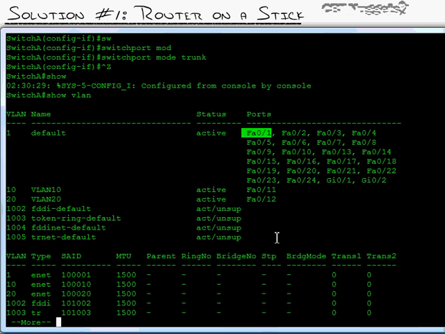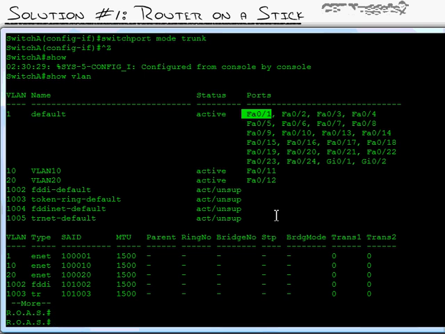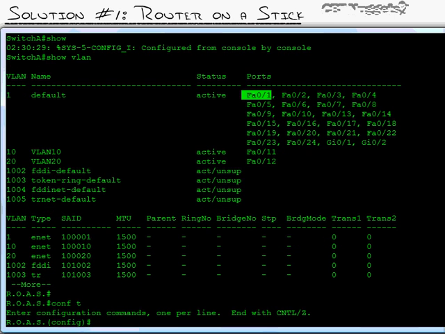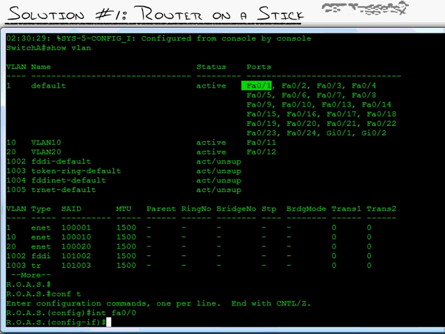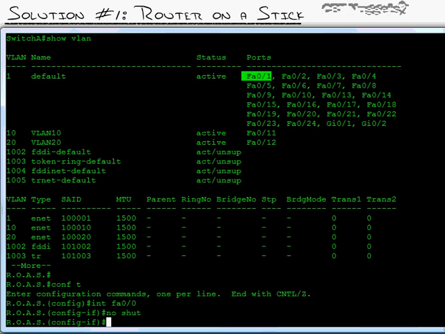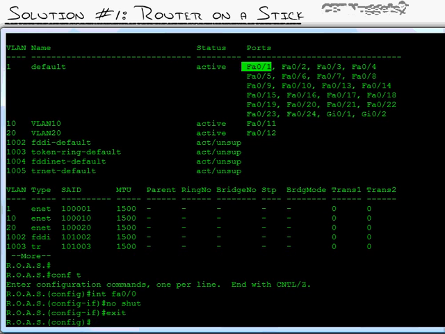I'm grabbing my console cable and switching it over to the router. There we go. I'm on my router on a stick right now, and I'm going to go into global config mode, interface Fast Ethernet 0/0, and type a command that we're all familiar with and have done many times, I'm sure. No shutdown. I'm typing that just to make sure you guys catch that that's all I do under the physical